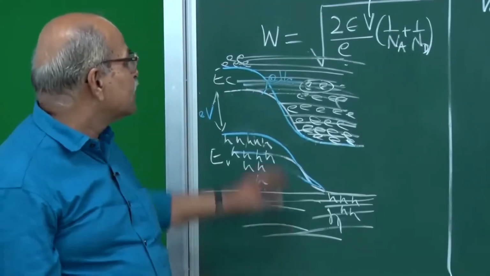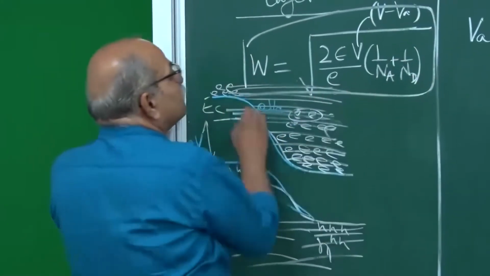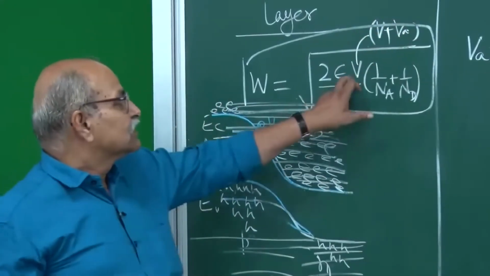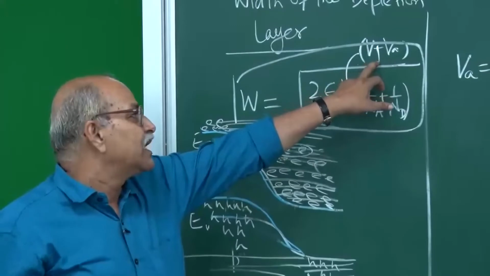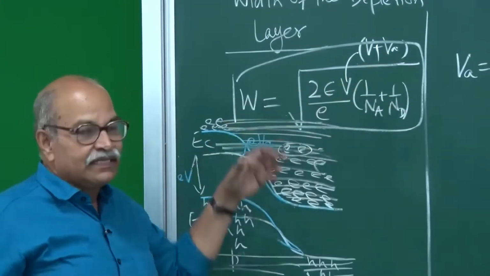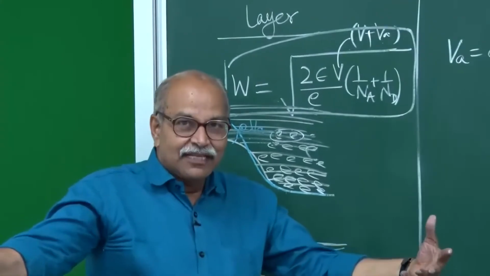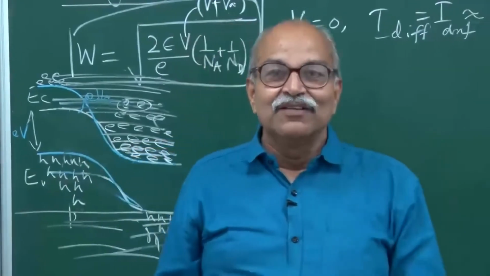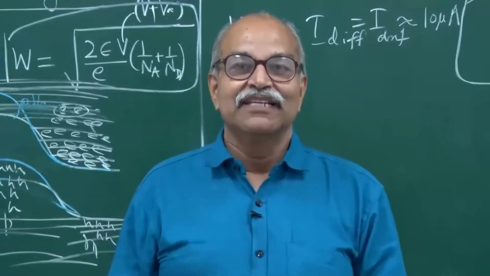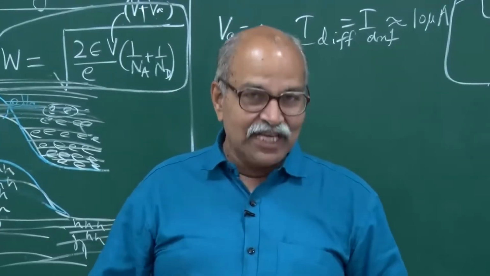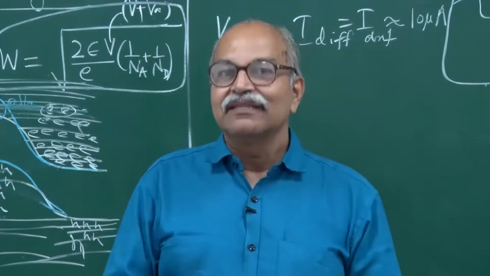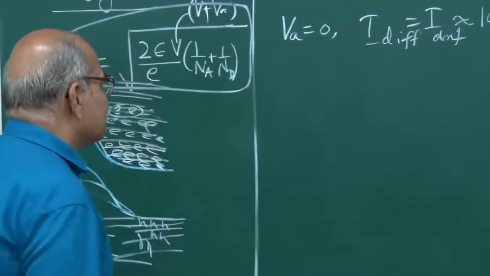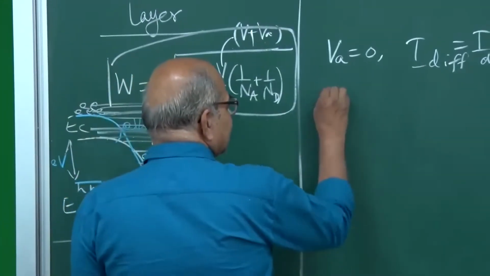Why essentially? Once again, look at this equation. For reverse bias, this will become V plus VA. Okay, you have increased that barrier, and therefore this width will be slightly increased, and therefore in a bigger region, a slightly bigger region, you have those thermal generation of EH pairs. And if more EH pairs are generated in the depletion layer, then the drift current will be slightly more. But that's insignificant, and for all practical purposes, you can take that in reverse bias.